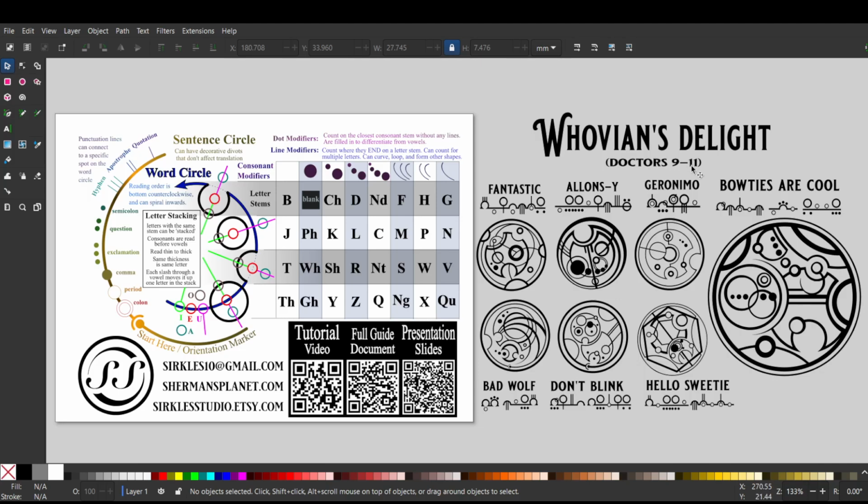9 through 11. So this script uses a combination of elements to make the words and letters, and it's not directly letter to letter like most alphabets, because we can form the letters each a different way depending on how we attach the lines and dot modifiers onto these different letter stems. We can make the same word look a million different ways because we can make the same letter look a million different ways. And with that being said, I want to show the bare bones format of the script first,